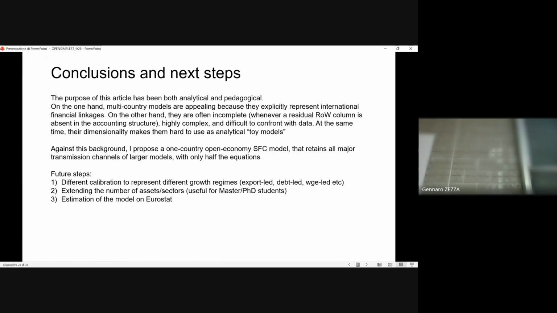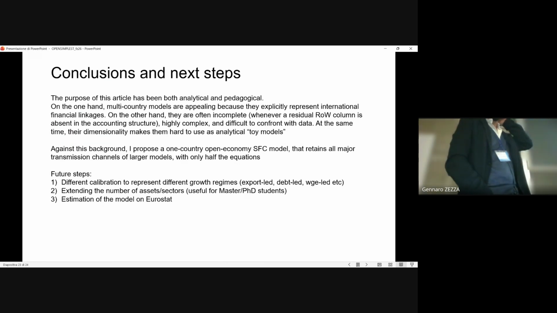So I guess I conclude. The purpose of this article was mainly pedagogical. I was heading to start a tenure position and started thinking about teaching a bit more. Since my plan, at least, is to try to teach heterodox macro, we have to make it simple enough for undergrad and master students to understand, so that at the PhD level, someone who already has some solid basis can go further and make the complex models that we are all discussing in these 3 days.